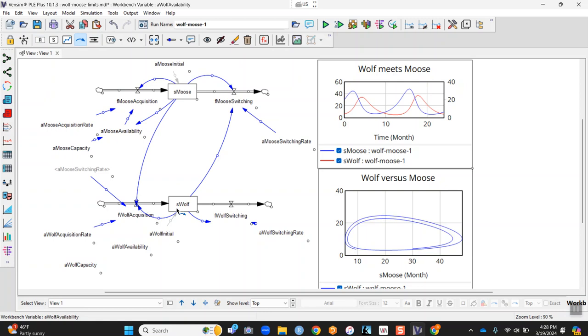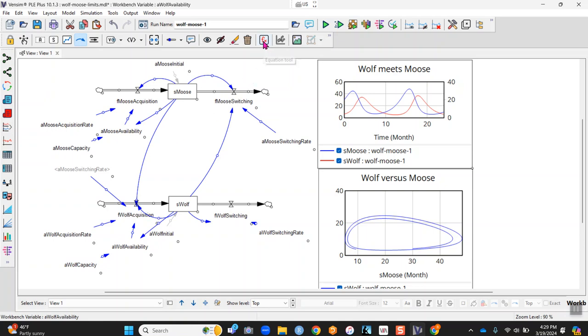And I'm going to start up here. Alt, click. We can fix these later. Alt, click. Alt, click. Okay. Let's set wolf capacity at 30 and put in a formula very similar to moose availability and modify the flow for wolf acquisition. And once we get all of that done, then if you want to go back and play with the formatting, be my guest. But for right now,